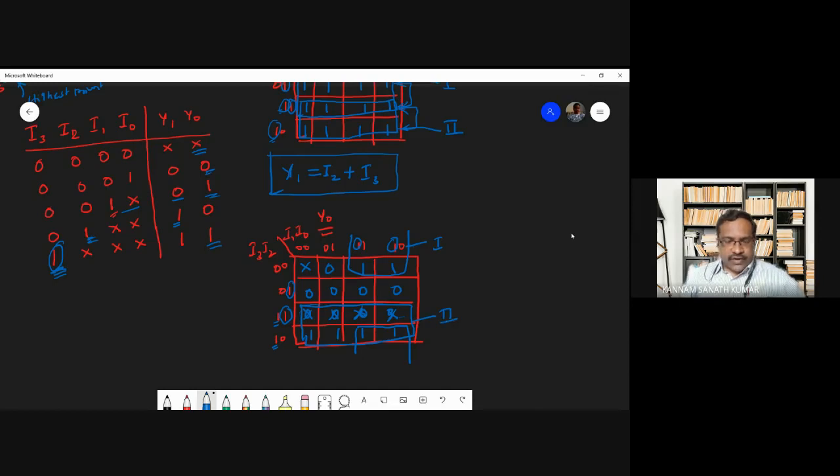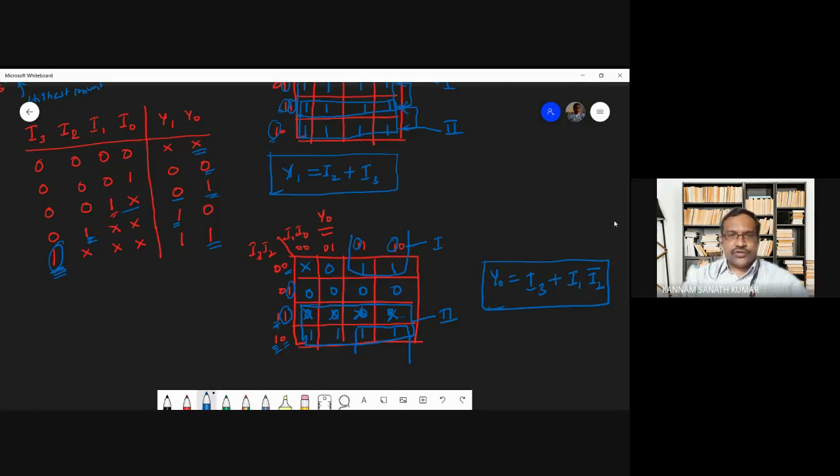So what you can write, y0 equal to, so if you see this octet, okay, which is common? I3 is common. So you can write I3 plus, so if you observe this one, which one is common? I2 bar is common. And if you observe this side, I1 is common. So I can write I1 into I2 complement, so I2 bar. Okay. So I got this expression.